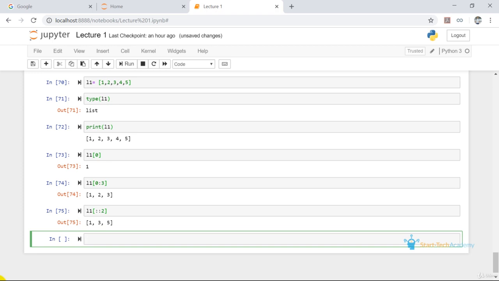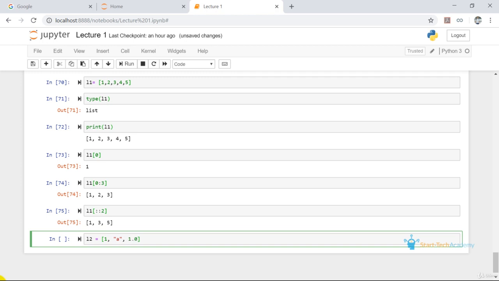It is not necessary for a list to have all the elements of the same type. You can assign different types of elements in a single list. So if I write L2 equal to square bracket 1 comma, if I want to provide a string, I will write in double quotation A, comma, if I want to provide floating point numbers, I will write 1.0.